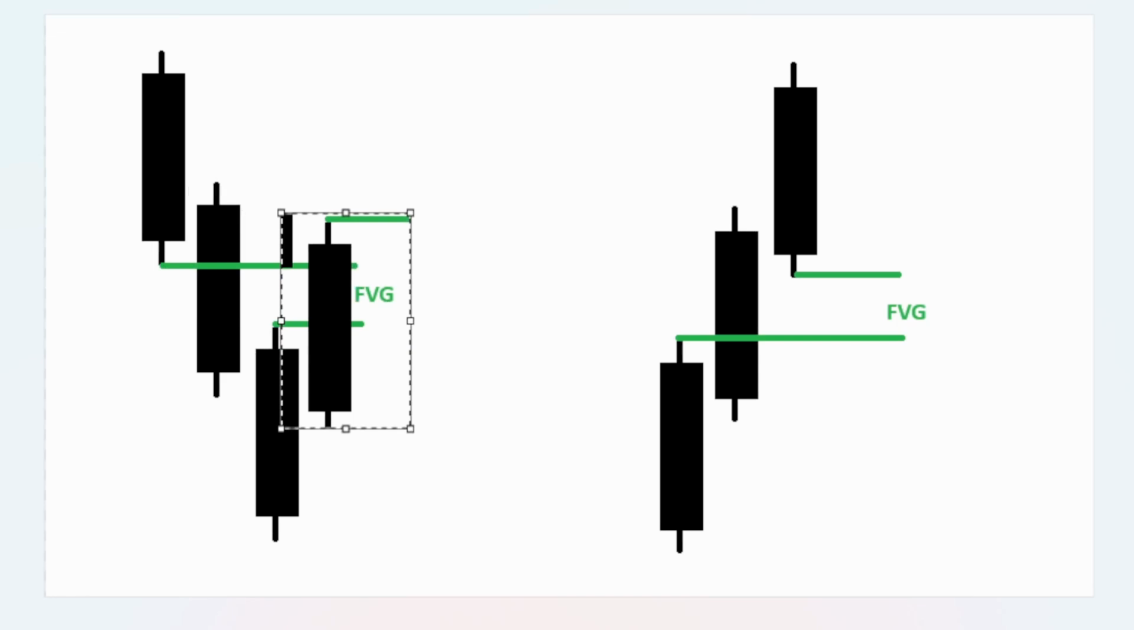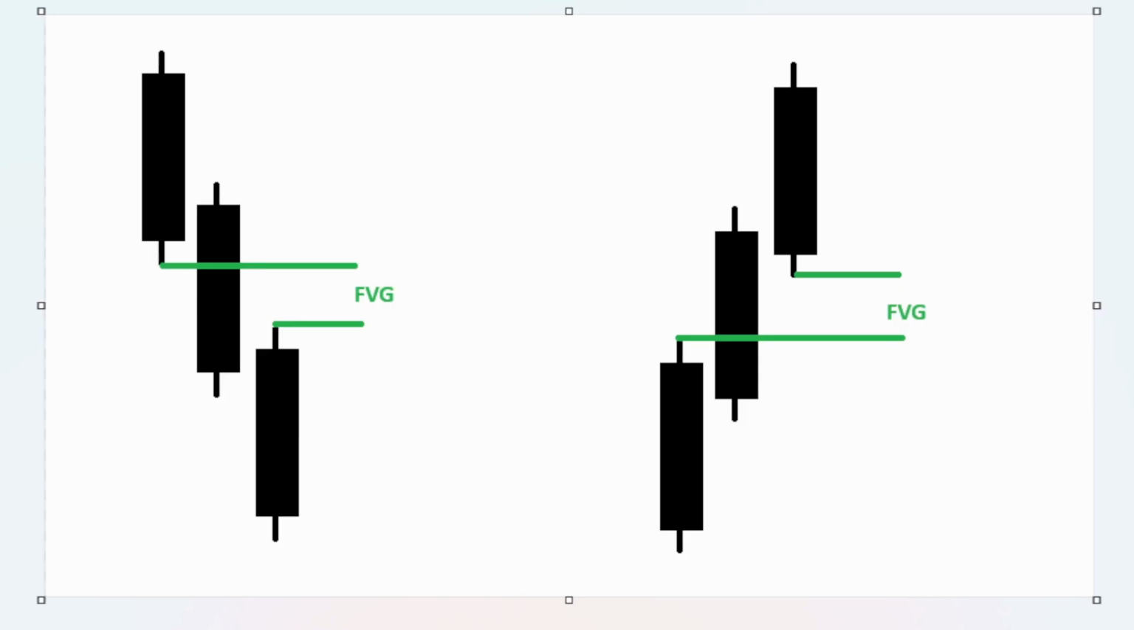If you get another candle, I know it's not looking the best right now. Let's do it like this. Okay,